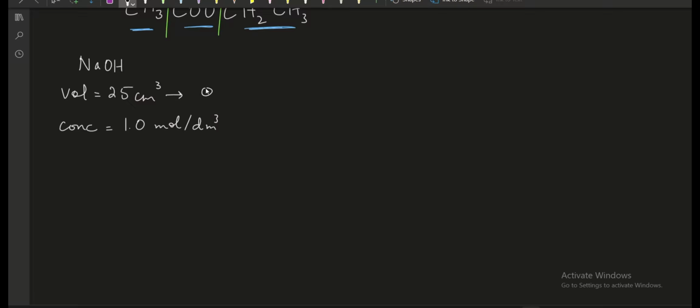So it will be equal to 0.025, just divided by 1000, and then you will get the answer in decimeter cube. Now you have to calculate the moles from the formula: moles is equal to concentration multiplied by volume. Concentration is 1.0 multiplied by volume 0.025. So you get 0.025 moles